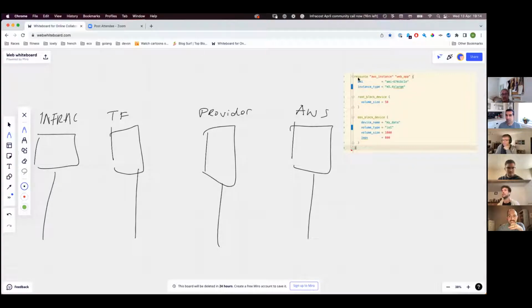If we take this example of an AWS instance web app resource, you can see here the raw HCL configuration. This is HashiCorp's configuration language. This is what we're going to build, and we ultimately want to tell the AWS API this is the infrastructure we want to build. So what Infracost does with the current Terraform approach is we go to Terraform,